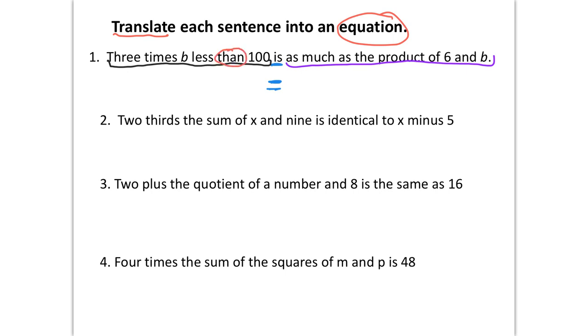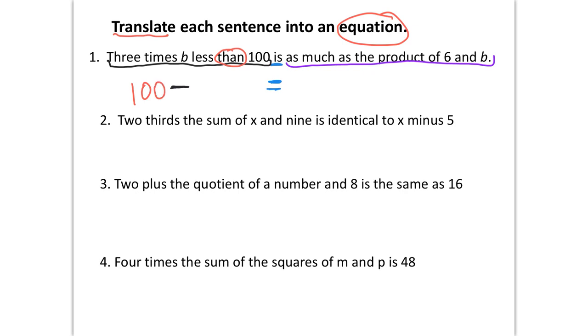Remember that when you translate a sentence into an algebraic expression, the word then is going to switch the order. So we do have minus. Let me start with the minus here. Let me just read it again: 3 times b less than 100. That means I'm going to have to switch 3 times b to the right side of the minus and the 100 on the left side, because I'm going to switch the order. So I'm going to have 100